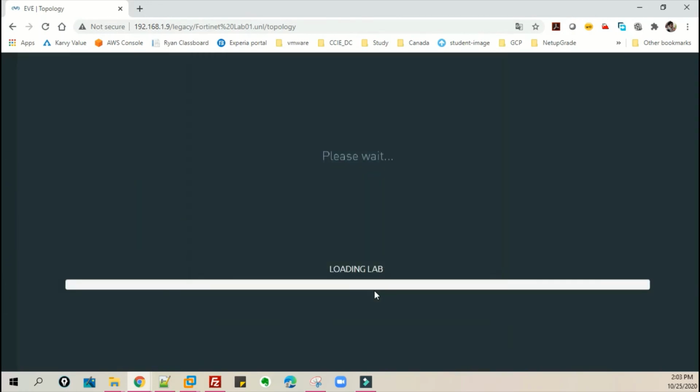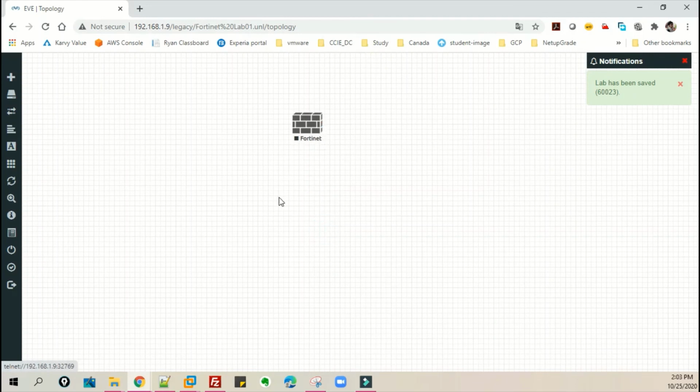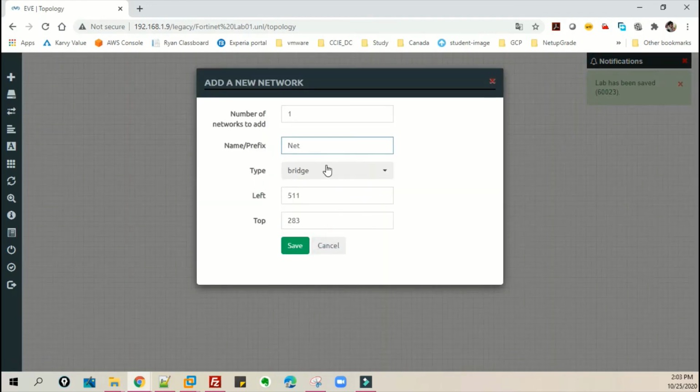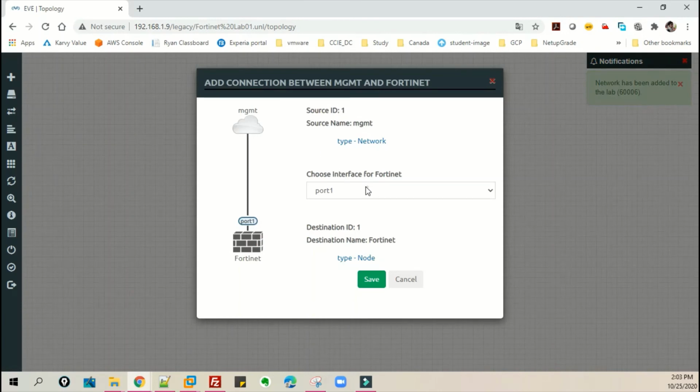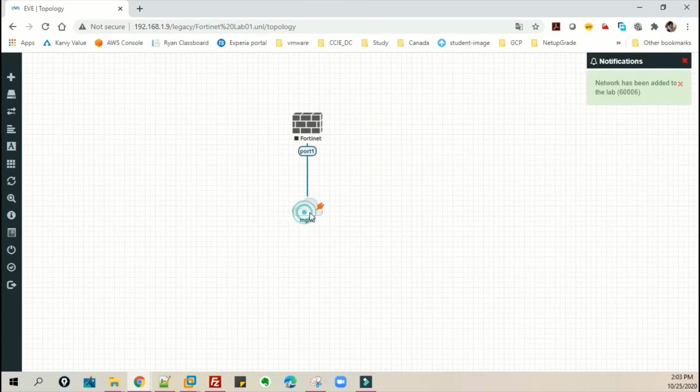and done. Now add one more management interface for management connectivity and connect it to the Fortinet. So this is port 1. Okay, let's start it. It is started now. Let's try to grab the console.